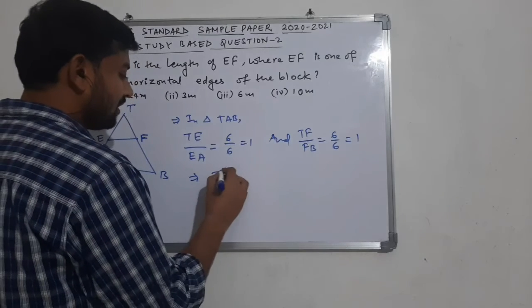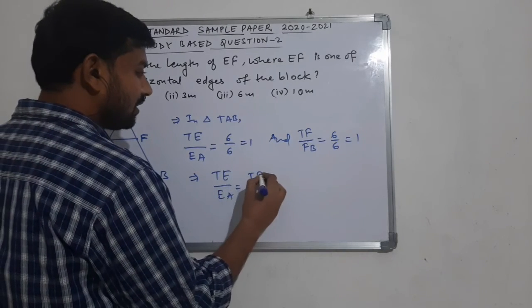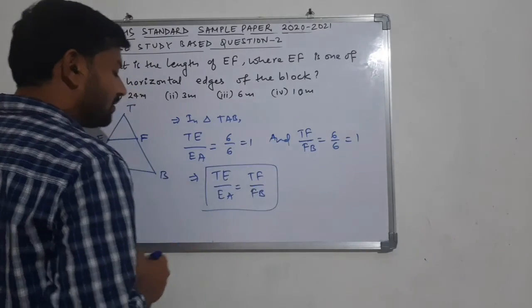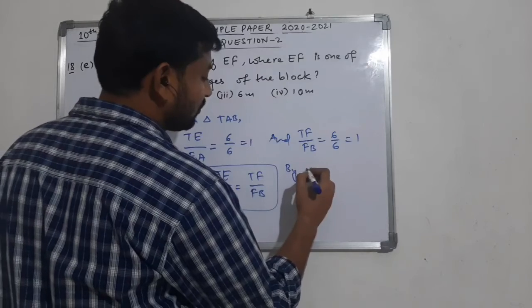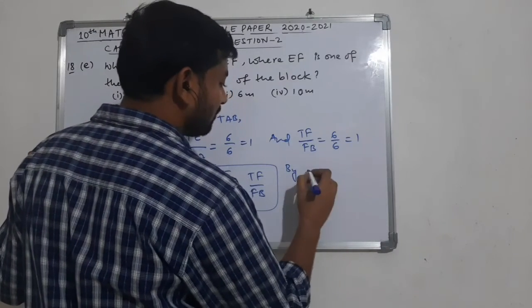So we can say TE upon EA is the same as TF upon FB. We have a very famous theorem in this chapter, triangles, that is the basic proportionality theorem or Thales' theorem. So by converse of Thales' theorem,